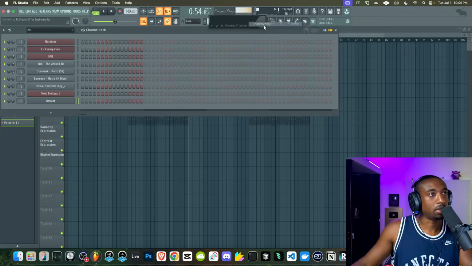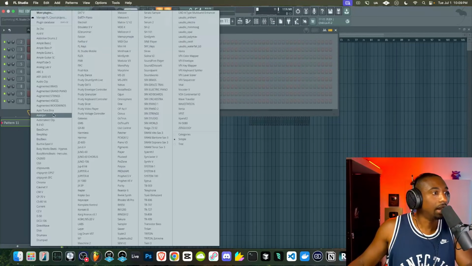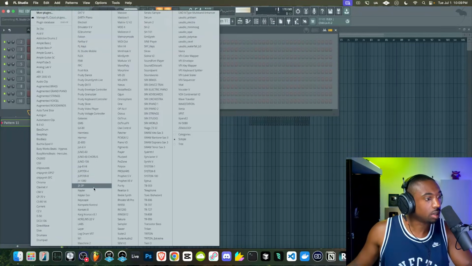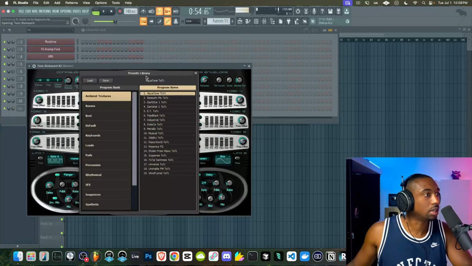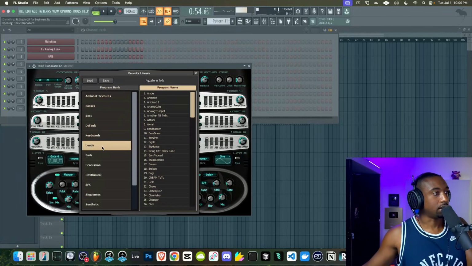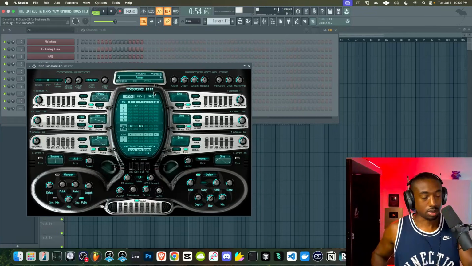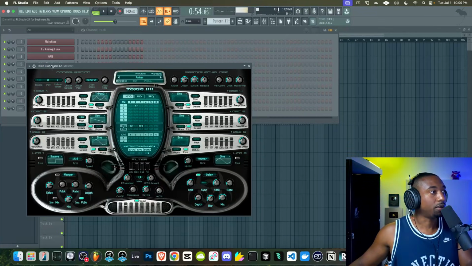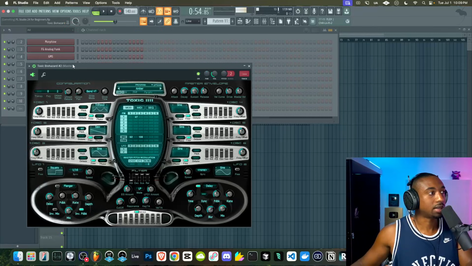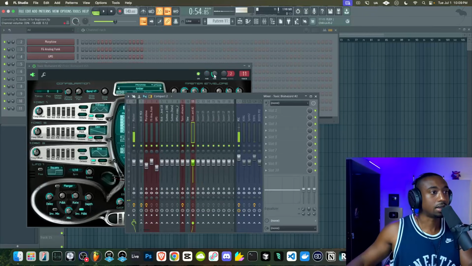Let's right click, let's go to pattern, find first empty. Add another plugin here and let's try a different plugin. Let's try Toxic Biohazard, it's really good again. Let's just go through different sounds here. Let's go to their leads. Let's mess with these. So I want to add this over top of the track. Click this icon, turn it down, hit Control L, send it to the mixer.